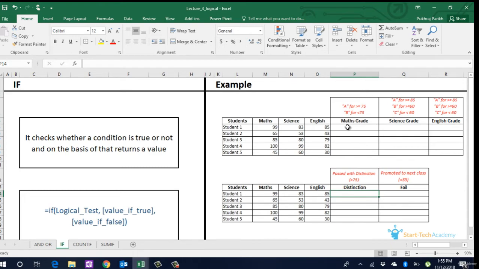For example, if we want to assign grade to students basis their math score, where students with equal to or more than 75 marks in maths has grade A, else has grade B. We do this by typing is equal to if the logical test, output if true, output if false. Extend it for other students also.